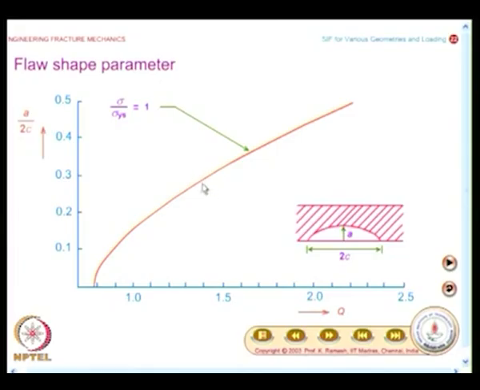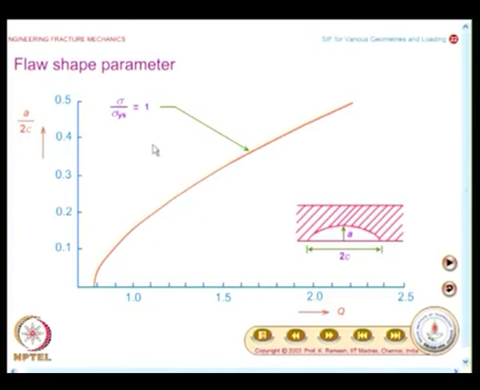They have a very characteristic appearance, and on the x axis you have the value of q. On the y axis, if you look at the crack, the length is given as 2c and the depth within the material is given as a. So a by 2c is plotted on the y axis,